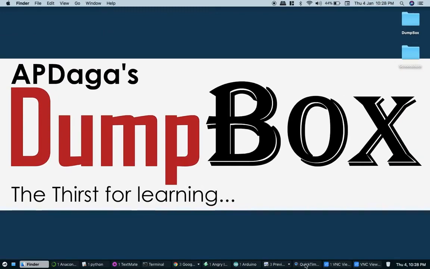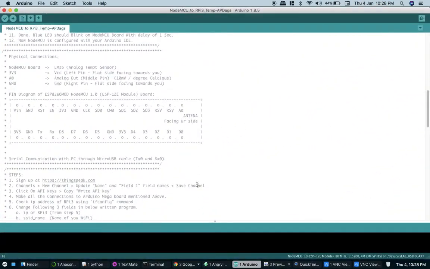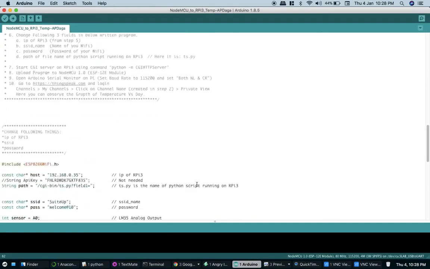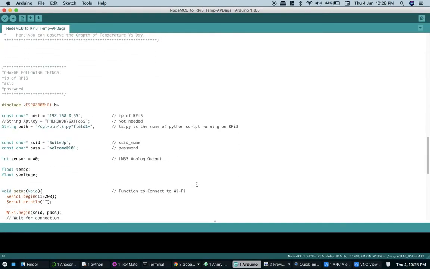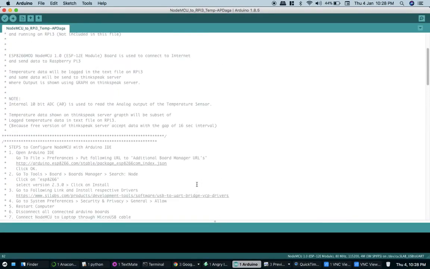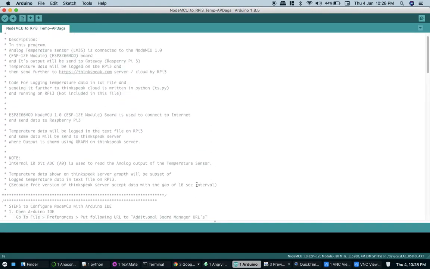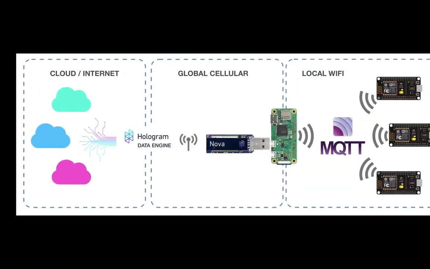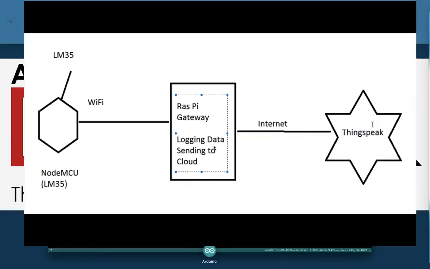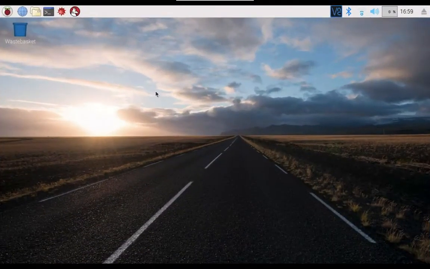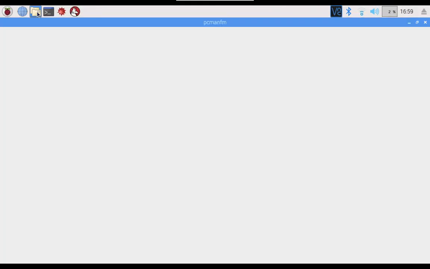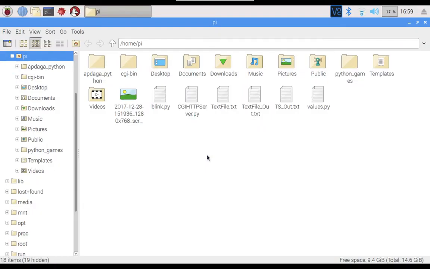See, this is the code. We'll burn it on the Node MCU, meaning we'll upload it to the Node MCU. Before doing that, we'll follow these steps. Everything is written over here. We need to start the CGI server. This is not a computer, this is my Raspberry Pi. How to activate the CGI server is already given in another video.